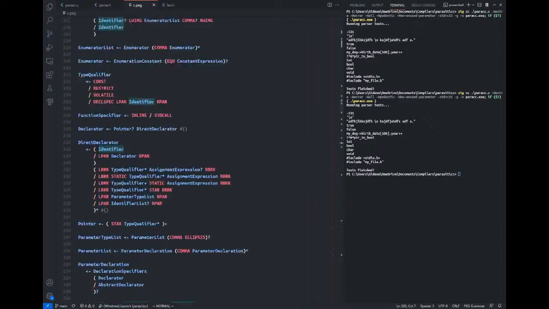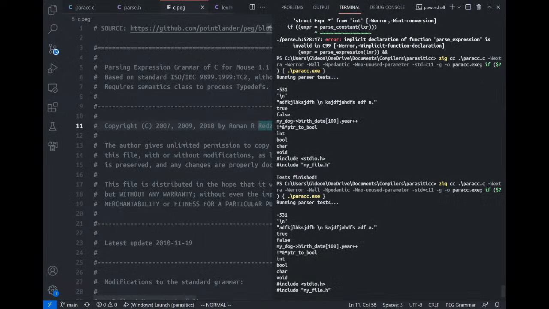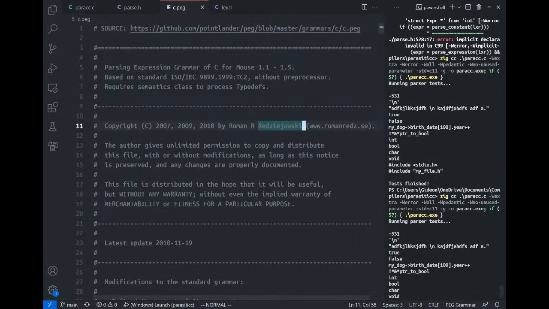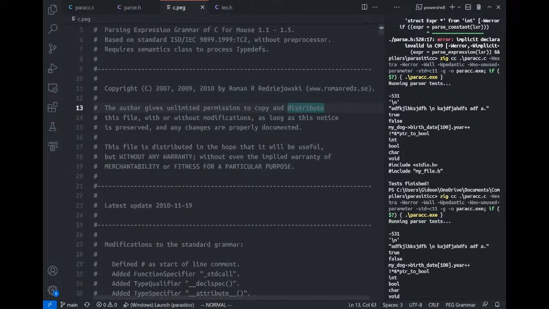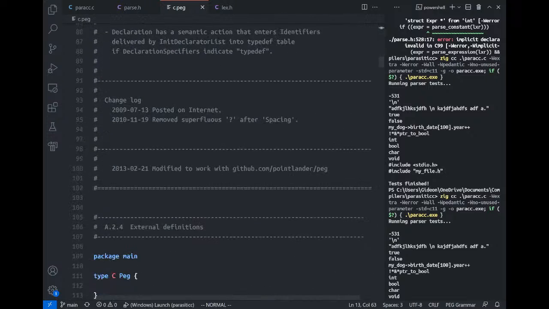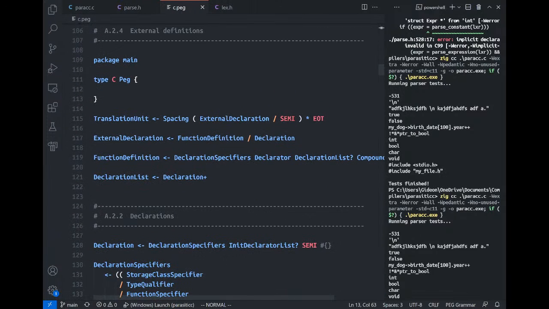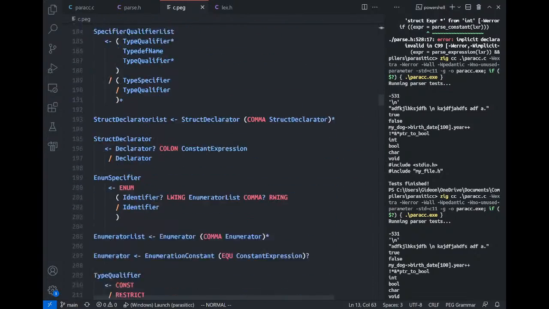So I copied it over here into the project. I need to make this bigger, and let's move this to the side. This PEG grammar was created by Roman R., whose last name I can't pronounce very well. Thank you to them, and the link to that grammar is in the description if you'd like to look at it or modify it or anything. And I'd like to show you